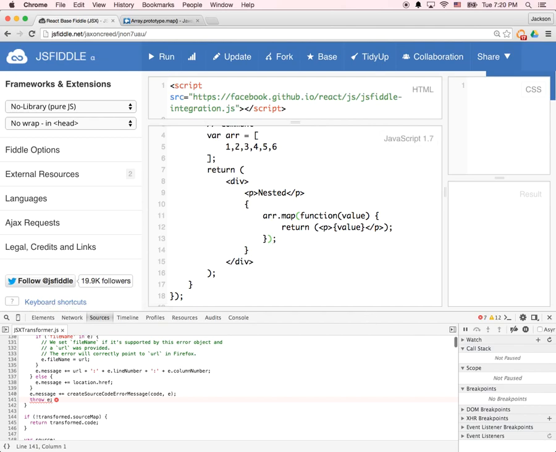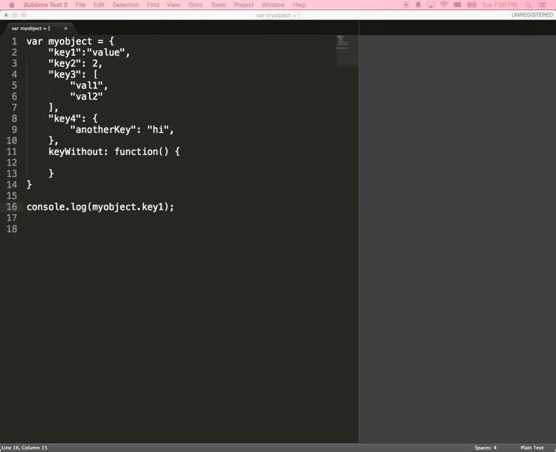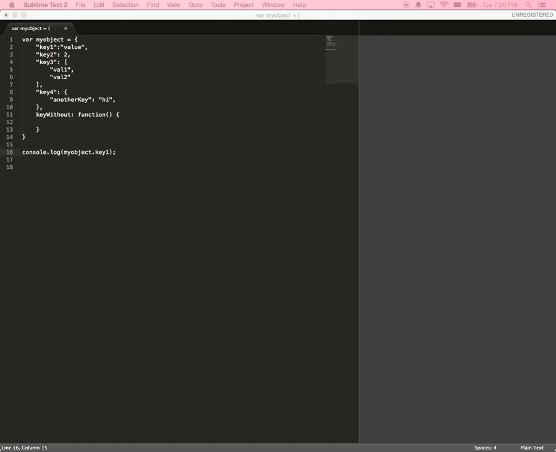This should work. Yeah, this is why I put most of the stuff into PowerPoint. I'm going to look at my code. Object.keys.map function key return